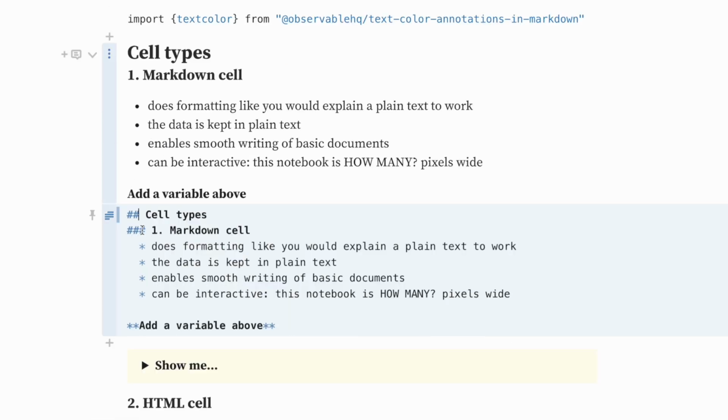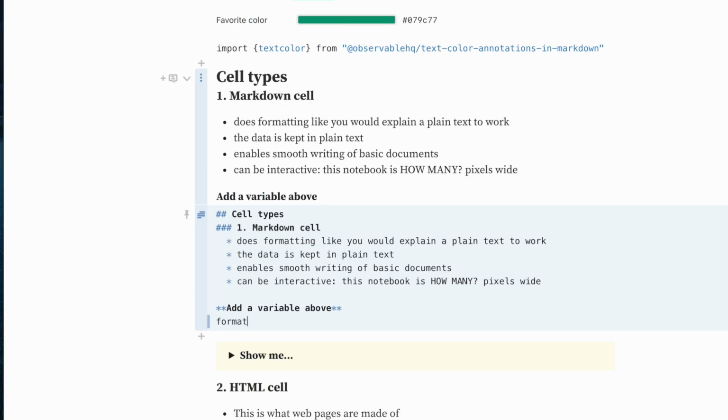Then the triple hash turns into header level 3. There I also have a 1 for my ordered list. I also have some stars that result in this unordered list. And then I can add emphasis, like doing double stars before and after. Formatting, easy and